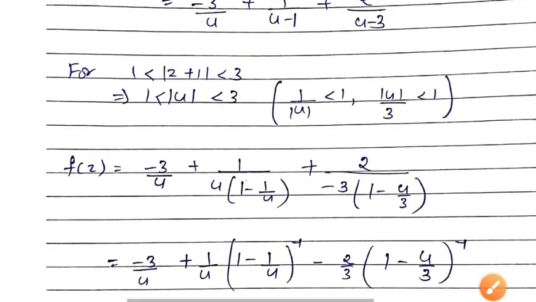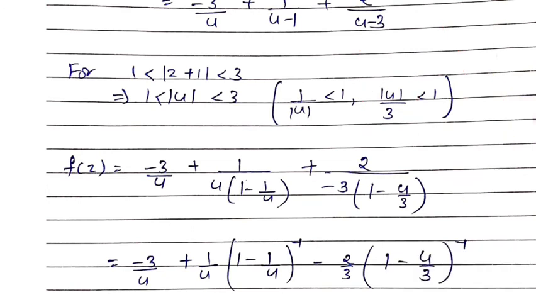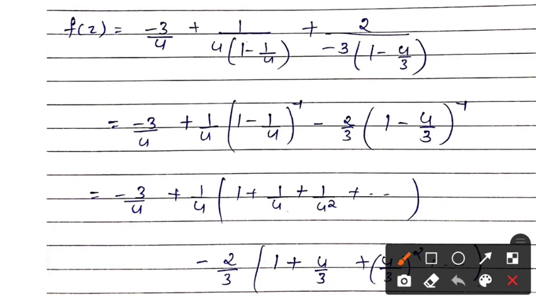Similarly, in the next portion, see here, I have to set 1 minus u by 3. To set u by 3, I have to take 3 common. So I have taken 3 common. So you get here u by 3 minus 1. But I want 1 minus u by 3, so I have to take minus common. So this will be changed to 1 minus u by 3. Again, to make the Laurent series, we need binomial theorem, and for that we have to take this to the numerator portion. So I get 1 minus 1 upon u inverse. Same way, if I take this to the numerator portion, I get 1 minus u upon 3 inverse.